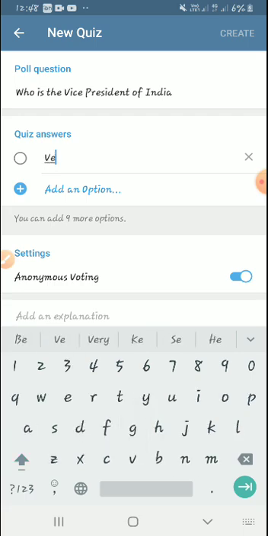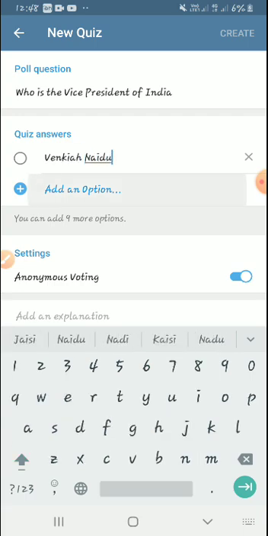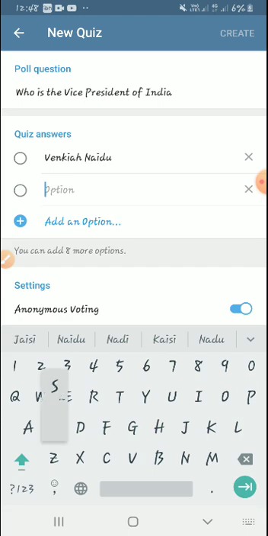So we know that Venkaiah Naidu, and we can add Sonia Gandhi.